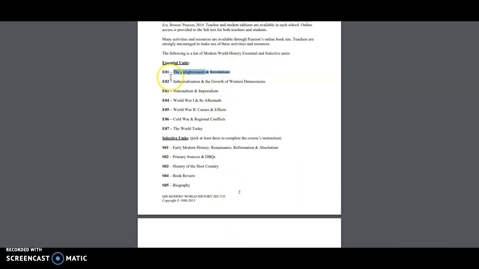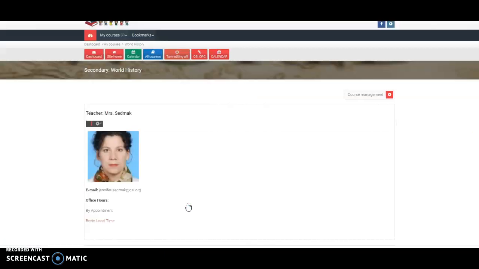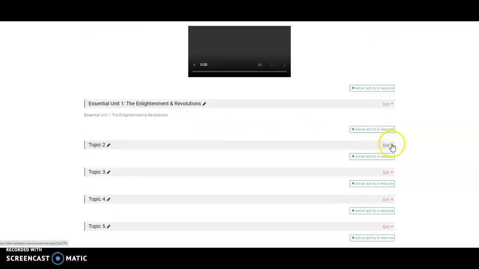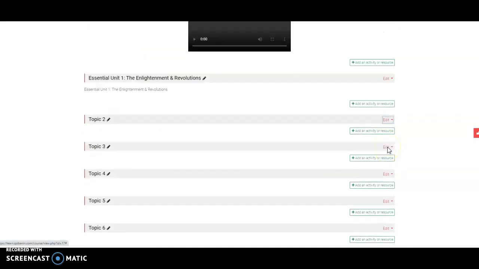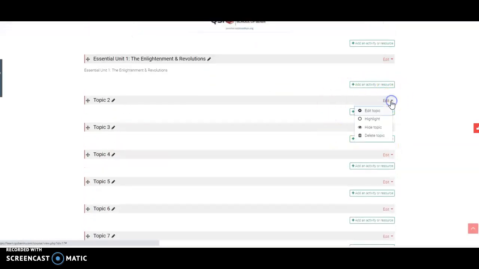So I'm going to see if I can just copy that and go back over here. There we go. And I can write in my summary here, but I'm not going to right now. I'll just copy paste the same thing and hit save changes. And if I scroll down, you'll see now that tab is renamed. I'm going to go ahead and do the next one. I won't do all of them in this video, but I'm going to do one more because I want to show you,